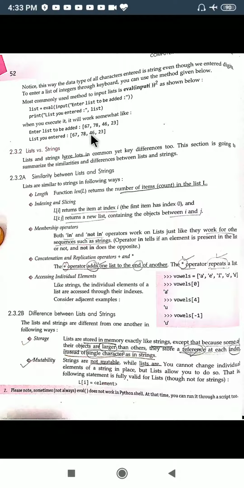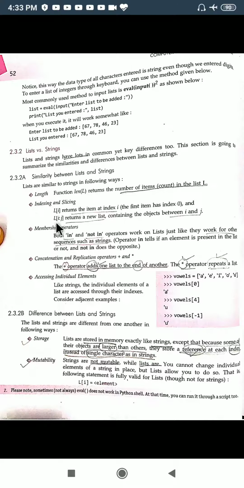This is the second index. It's a list, so it will be list 0, list 1, list 2, list 3, and similarly we identify these elements for a string also. So with the help of these indexes we refer to the elements of lists and strings.